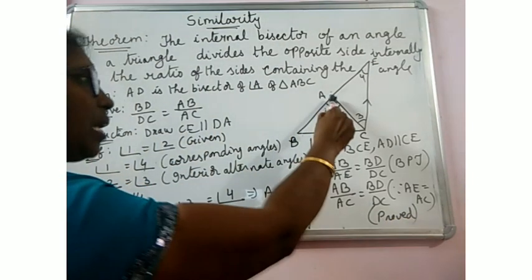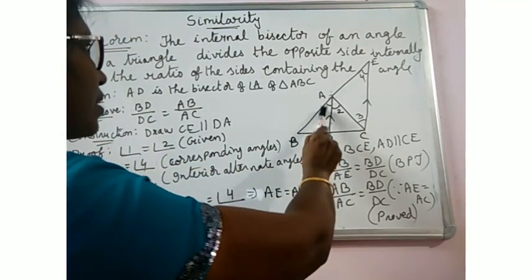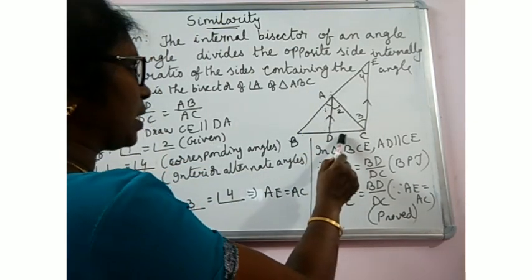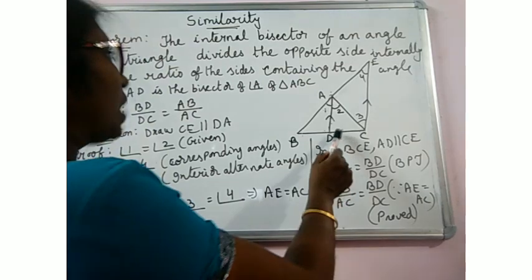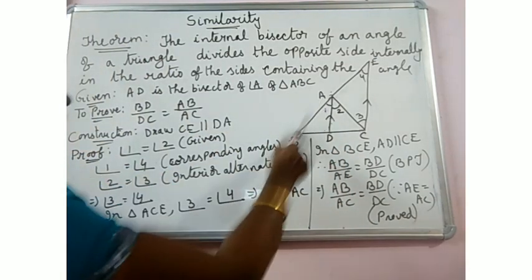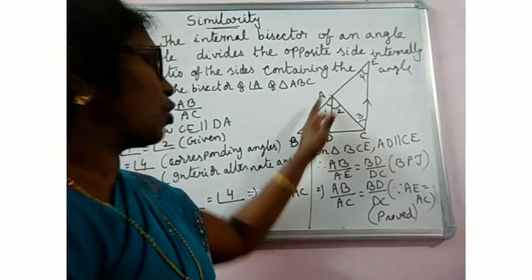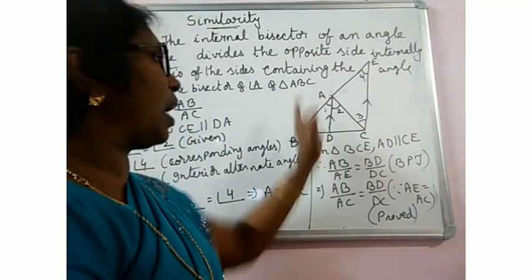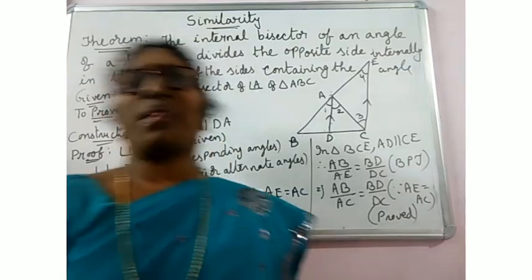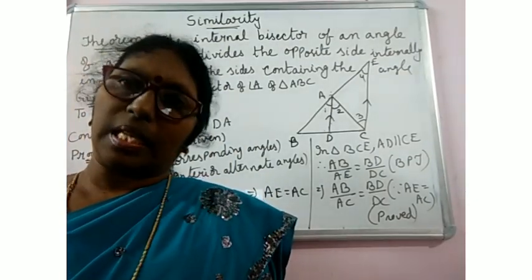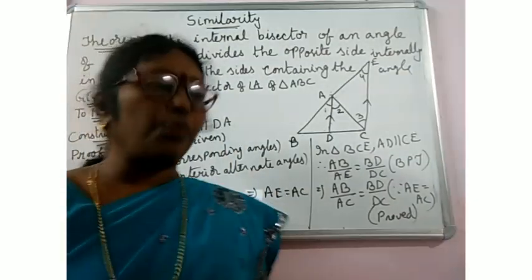So the internal bisector of an angle of a triangle divides the opposite side internally in the ratio of the sides containing the angle. So the theorem is proved. If AD bisects angle A, AB by AC will be equal to BD by DC. The theorem is clear. And its converse